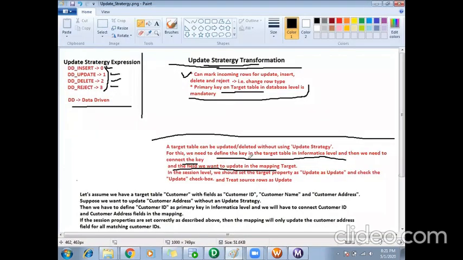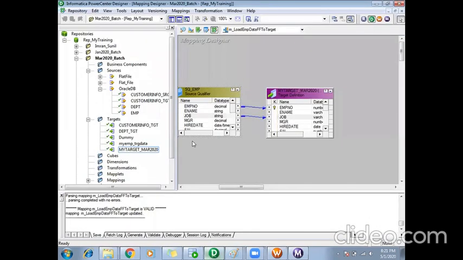We need to define the key in the target table at the Informatica level, and then connect the key and the field we want to update in the mapping target. If a few more columns are changing, you can select those also. If everything is changing, you can link everything.